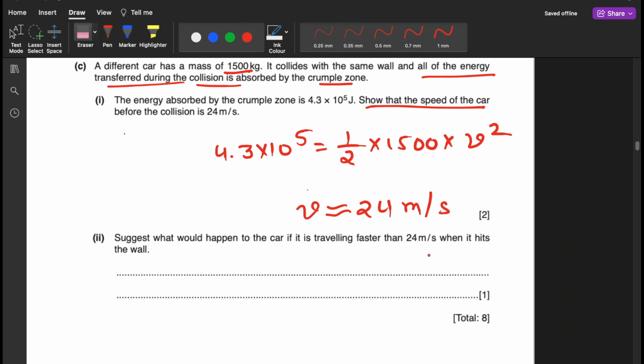So if it is faster than 24 meter per second, then according to you what will happen there? If it moves faster, there will be more crumple zone, or more energy in the crumple zone or something. Yes, it means there is more loss of the